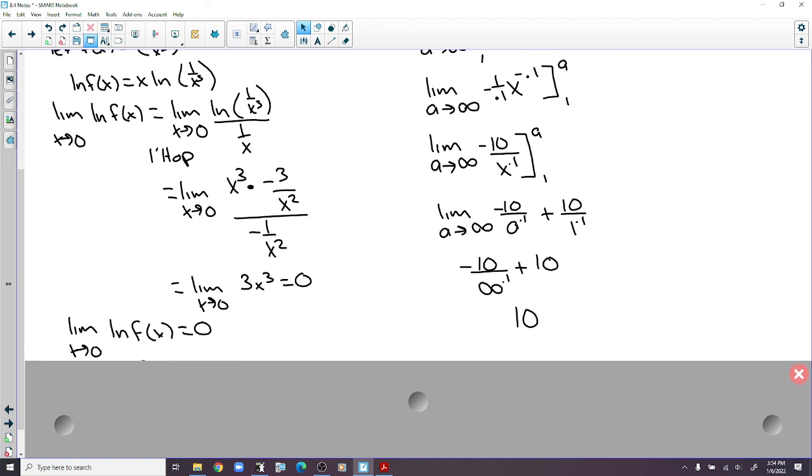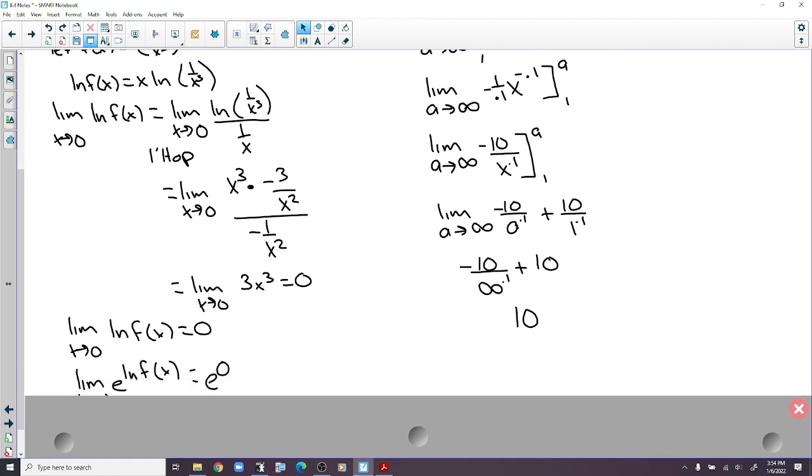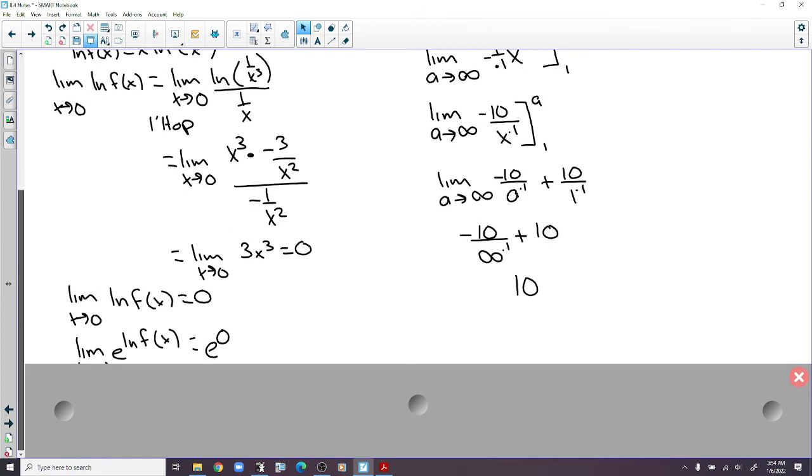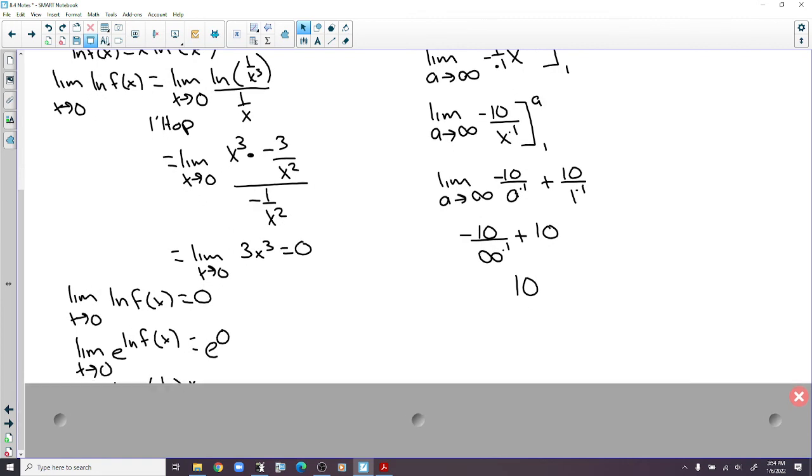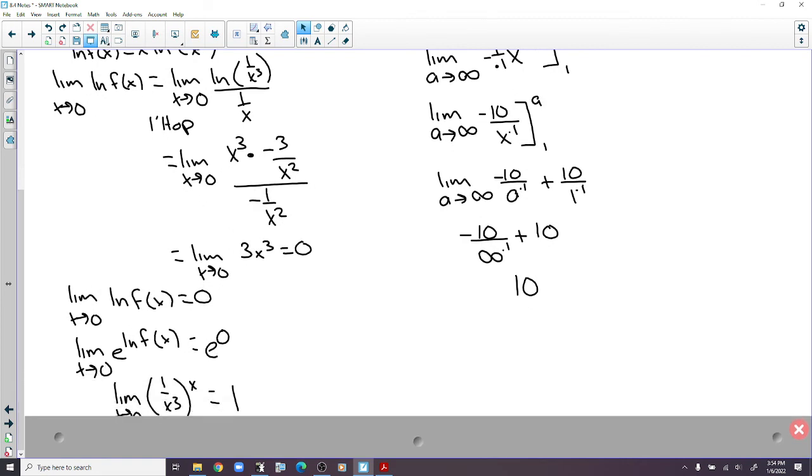But that's the right side. We've got to deal with the left side. There's the limit of natural log of f of x equals 0. Do the e's, and you end up with an answer of 1. E to the 0 is 1. Let's go over to the other one,